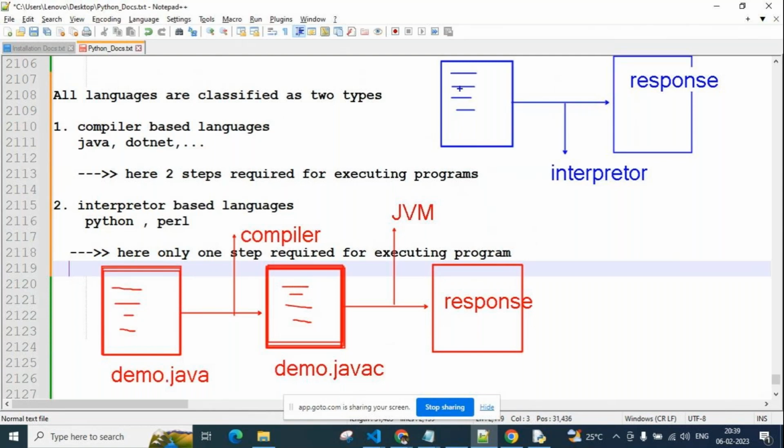If any problem is there, it does not generate byte code, and the error is shown here. If everything is correct, then it internally converts it to byte code, which is executed automatically. So all these steps are done at a time by the interpreter.